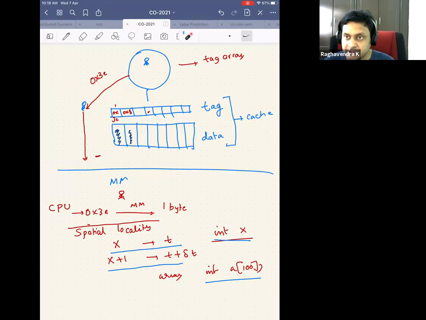So I serviced the data not in 100 cycles, but maybe in 1 or 2 cycles. Which means that the memory stalls in the pipeline, if you remember, we had instruction fetch, instruction decode, register fetch, execute, memory. If it was a load instruction, it would be waiting for the memory operation to be complete. Now it would be complete in 1 or 2 cycles instead of waiting for 100 cycles, with this stall percolating to the other stages. I hope till now it is clear.